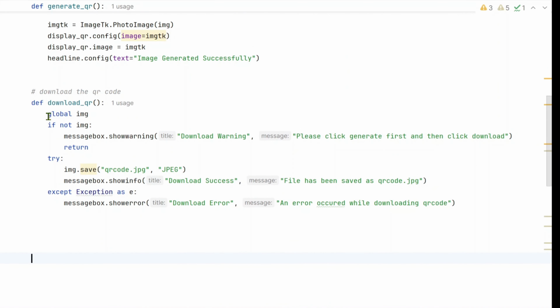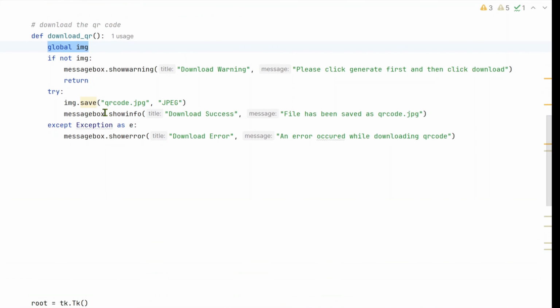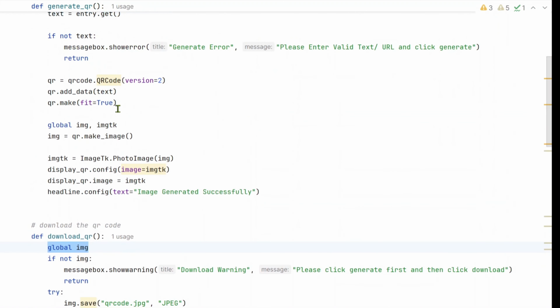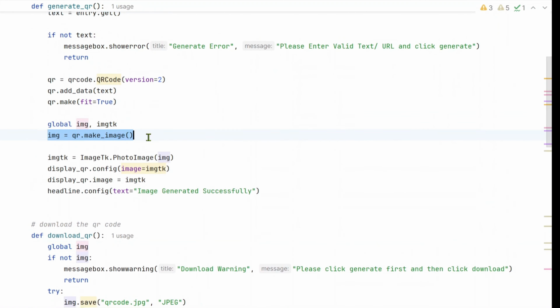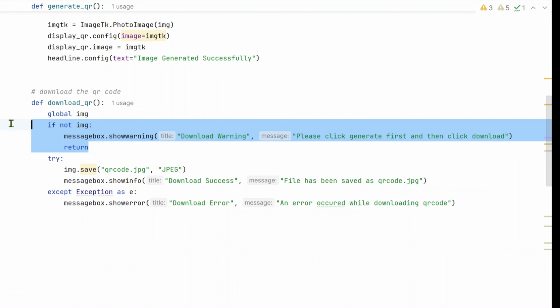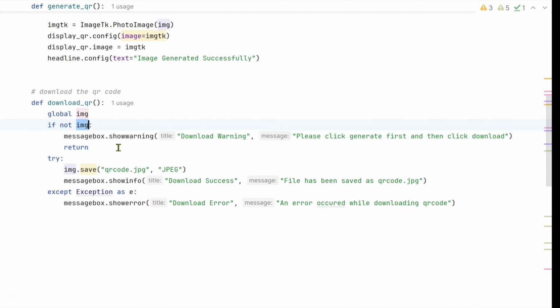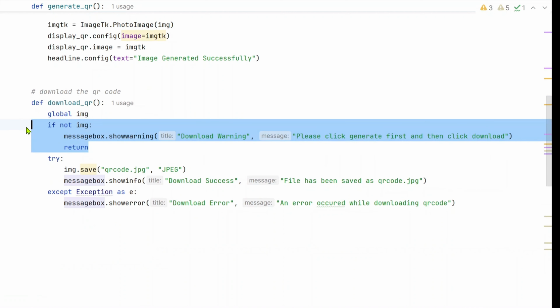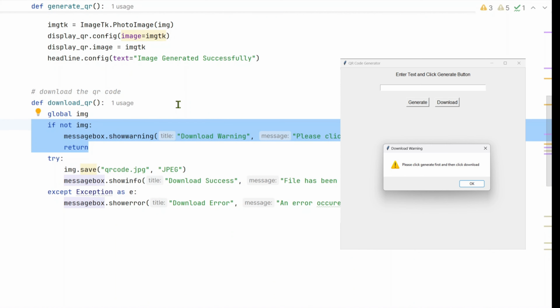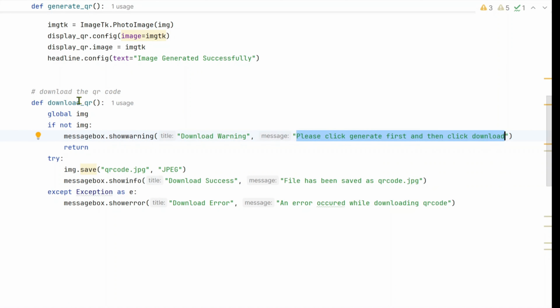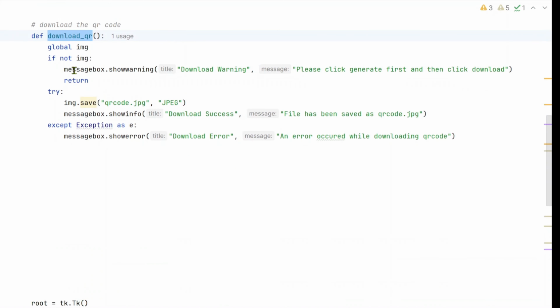So what we do is we import the image variable, and if this particular variable is not set over here, we exit. That is, we validate if image is null, and if this statement is true, we display the warning, that is download warning, and we ask the user to first generate the image and then click download. If the image has been generated from the previous function,